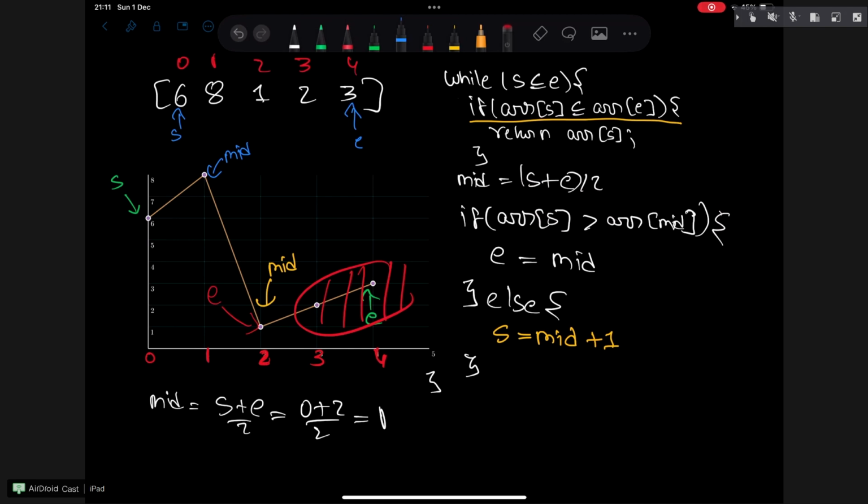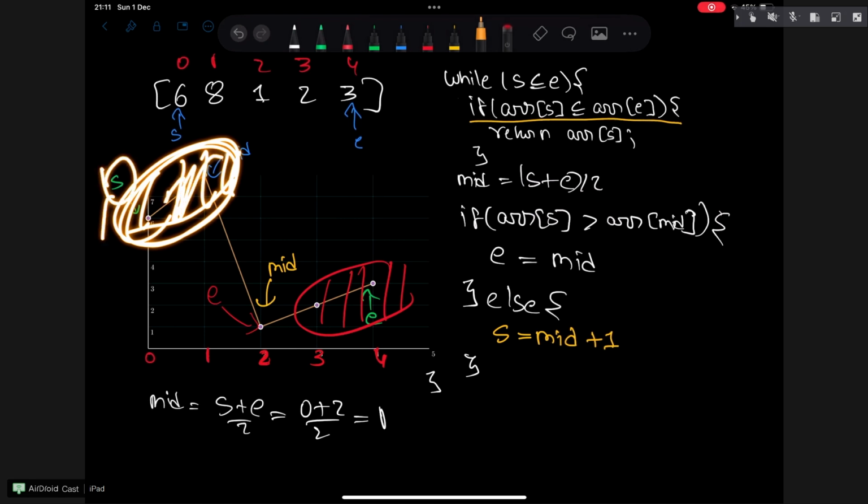Okay, so we are going to ask the relation between mid and S. Is array of S greater than array of mid? Okay, right now S is 6 and array of mid is 8. Okay, is 6 greater than 8? The answer is no. Okay, 6 is not greater than 8. So we can say that the answer can never lie on this side. Okay, and we can take the S pointer and move to